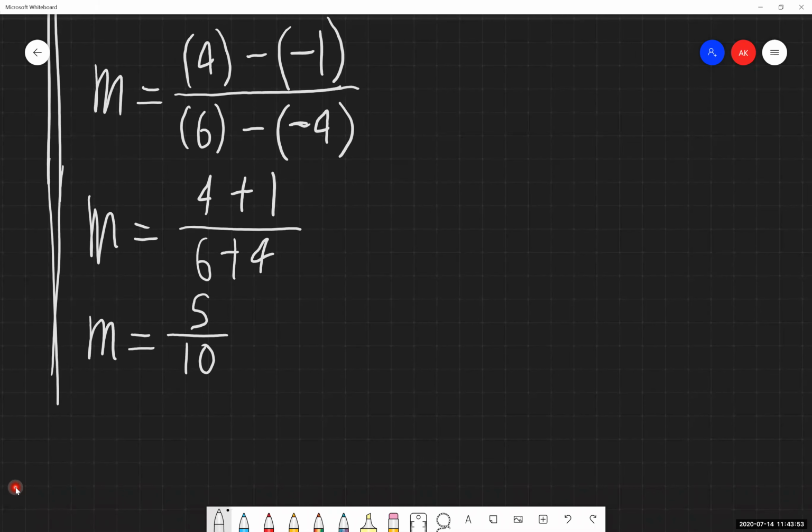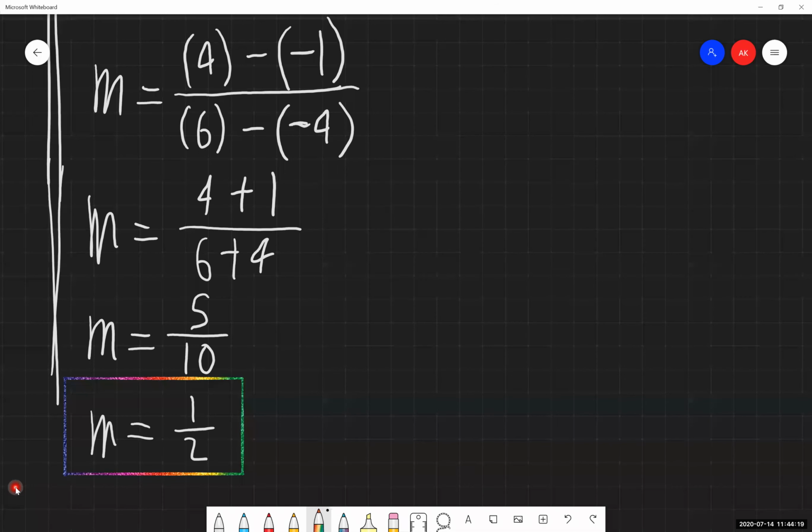Whenever we have fractions, we always, always, always need to simplify and reduce them down. So I can reduce 5 over 10 down to 1/2. The numerator and the denominator can both be divided by 5. So fully reduced, our slope is 1/2. We're rising 1 going over 2. The change in y is 1 over the change in x of 2.